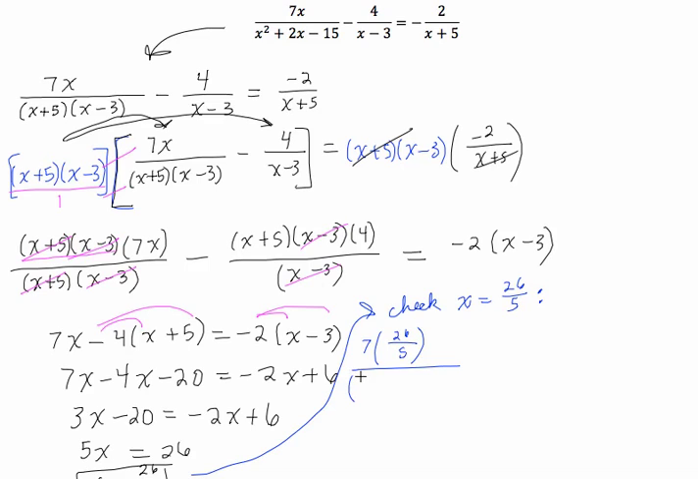Denominator over here will have (26/5)² + 2 times 26/5 minus 15. I know this looks messy, but I'm going to show you a shortcut for simplifying this in just a moment. (26/5) minus 3 equals 2 over (26/5) plus 5. Okay, so it looks like if we multiplied,